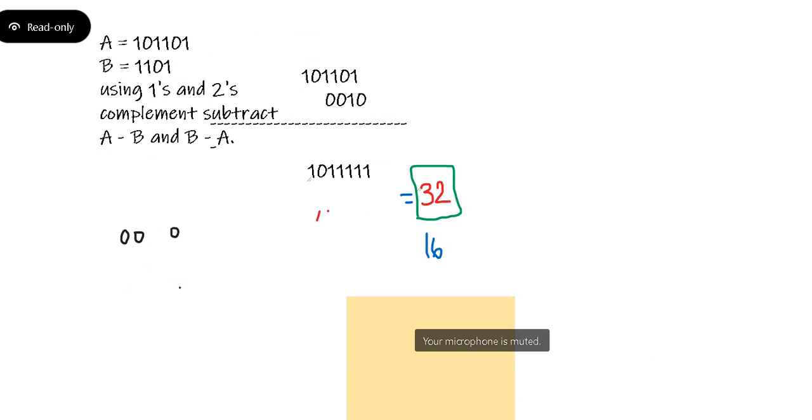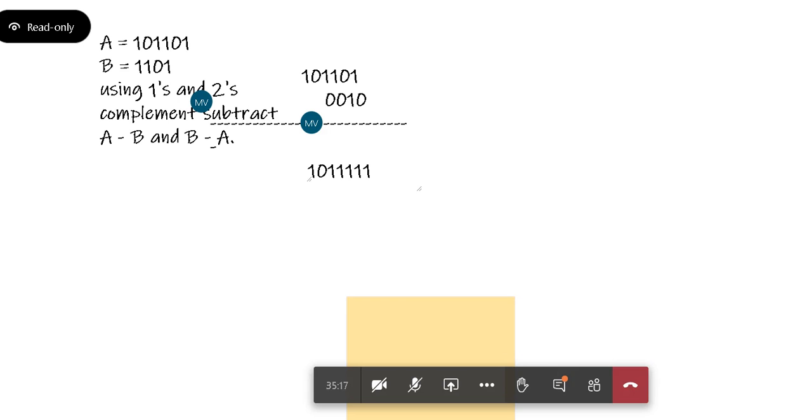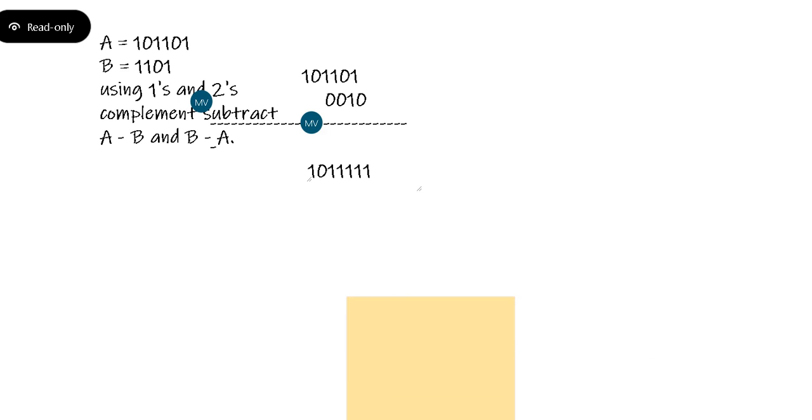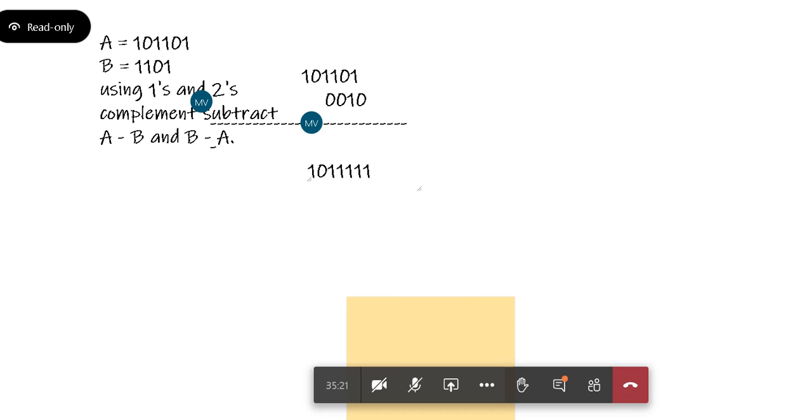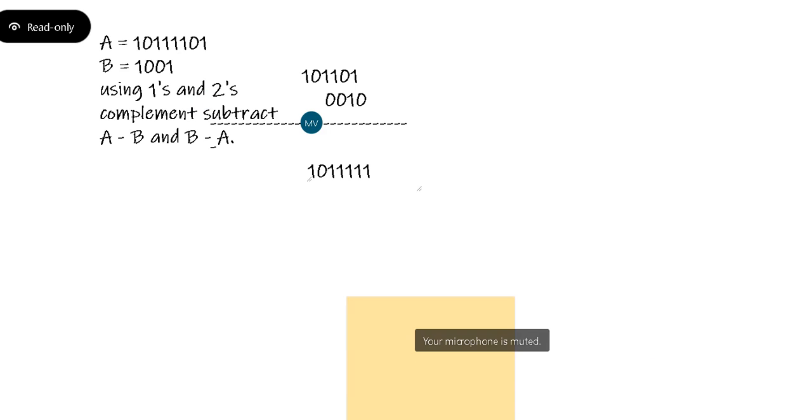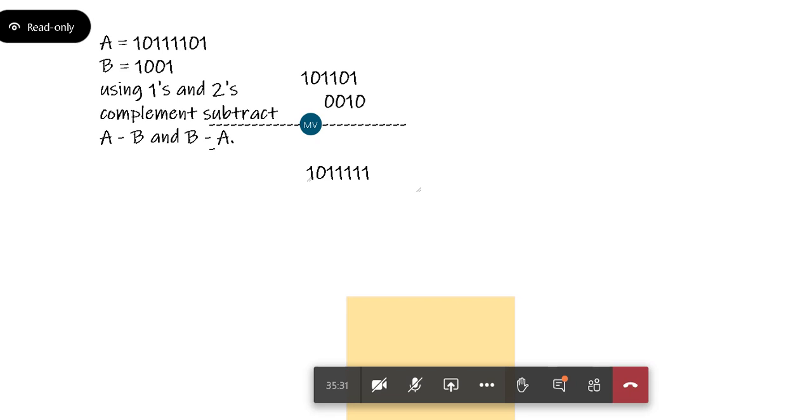Okay, now this example. Tell me, what is the first step? What is the first step you have to see?